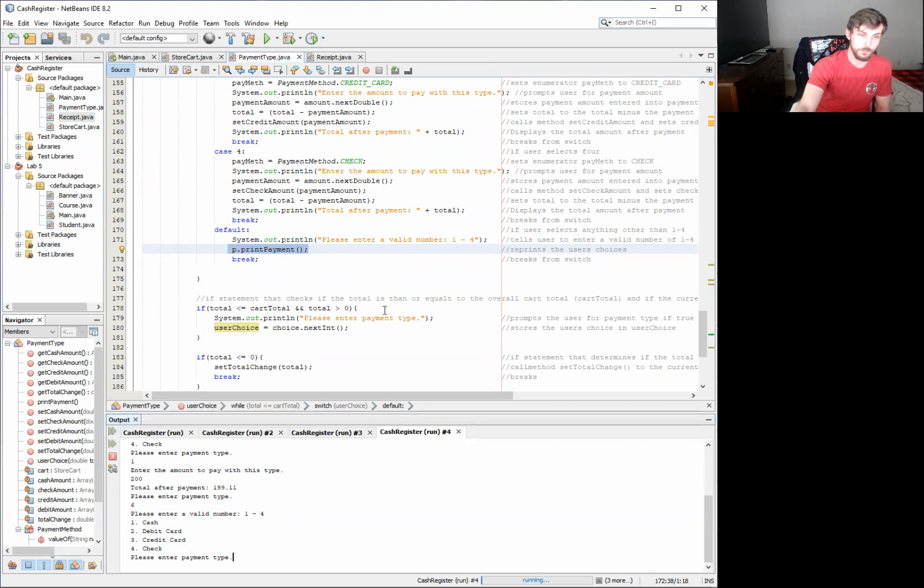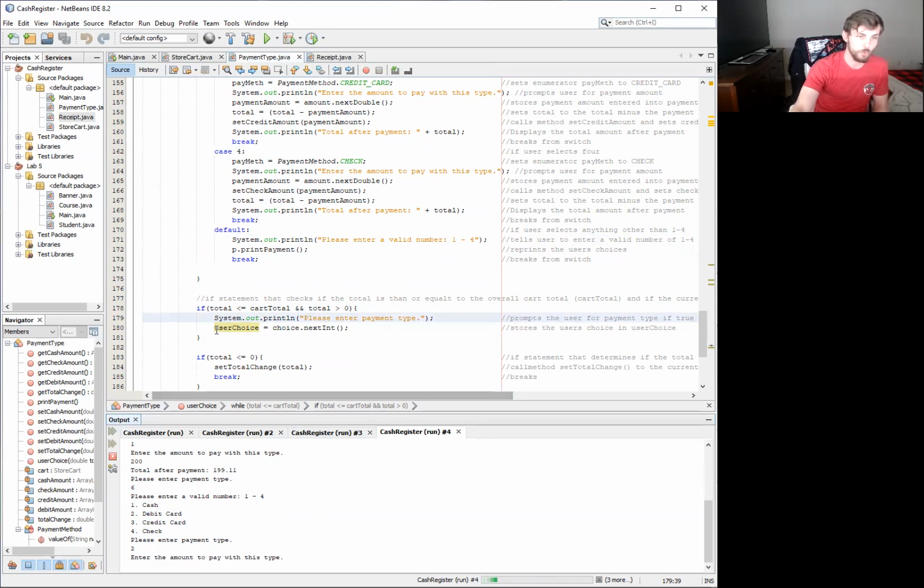Since there was no change in total, and total is still greater than 0, it will then continue to ask me to enter another payment type, which I will and then enter. Let's do debit card this time, so I'll enter 2. Hit enter. It took my keystrokes using the choice scanner object, converted to an int and stored it in the user choice